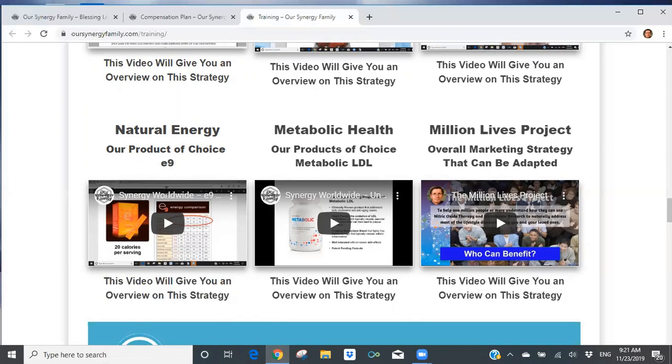Well, the E9 is a fantastic product. Just from the aspect of a product by itself, there's so many people that are looking for energy, whether they get it through caffeine, through coffee, or whether they get it through one of the highly sugared anhydrous caffeine drinks that are in the marketplace that cause a lot of different health issues. We have a fantastic product called E9 that is not going to give them sugar, is going to use guarana, is going to be able to give them all the benefits that they're looking for without any of the crash and burn and the negative